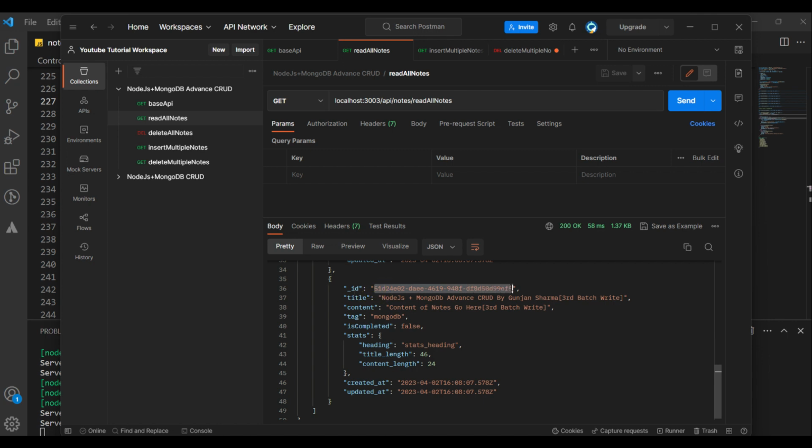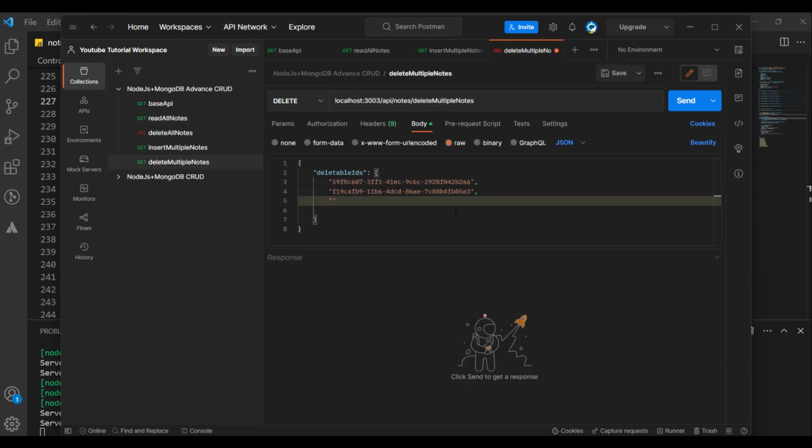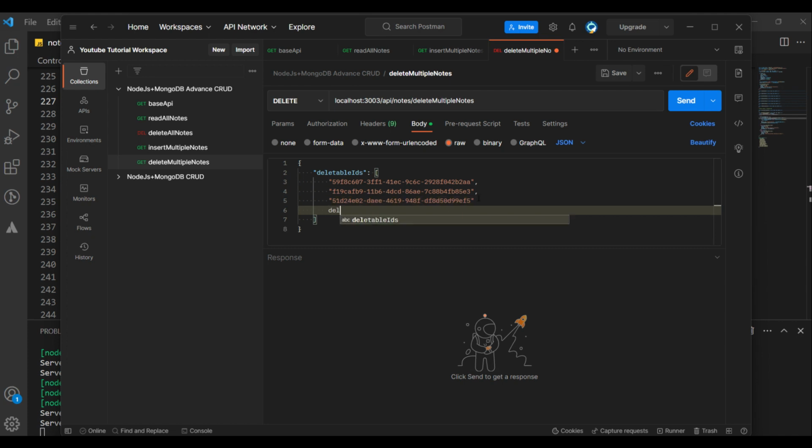Okay, fine. See, in this way we can pass an array, and this is the syntax for passing an array in the JSON. And even inside this array, if I have one more array, let's say by the name deleteData, let's always wrap it in the brackets, deleteData. Okay,